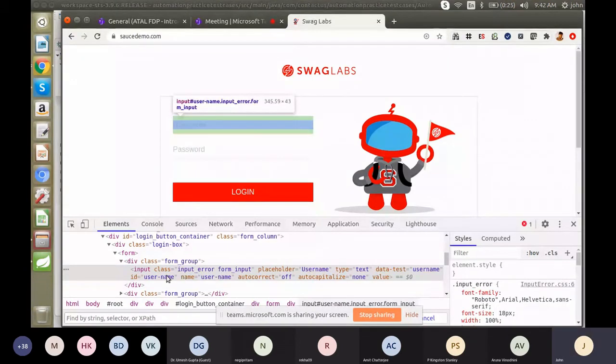Here you can see the class option will be there, input_error form_input. So I'm going to copy this class name,